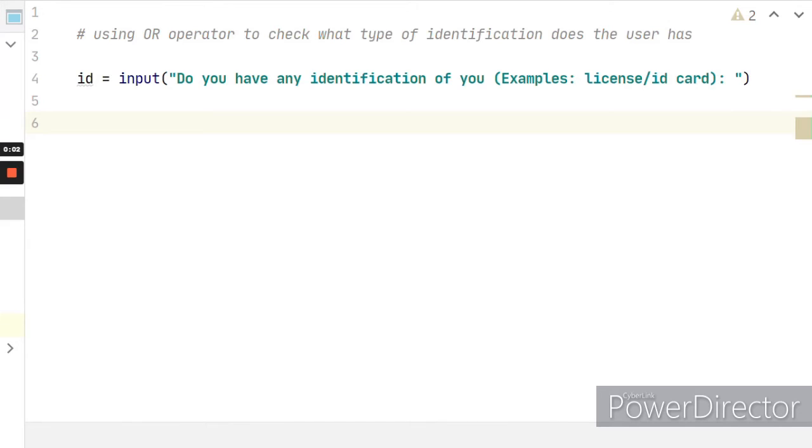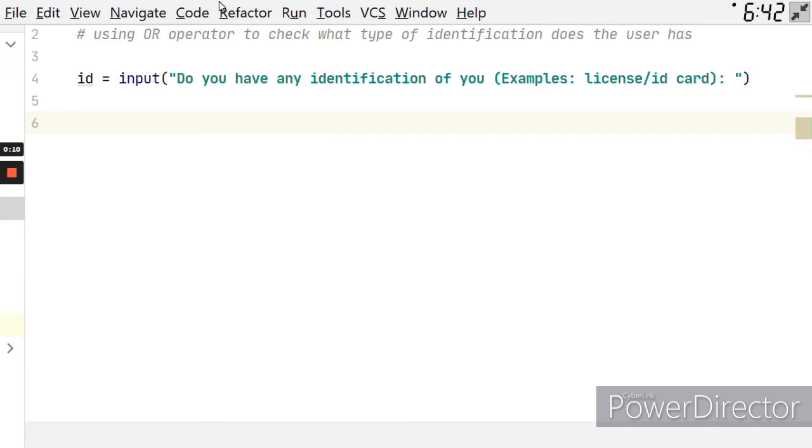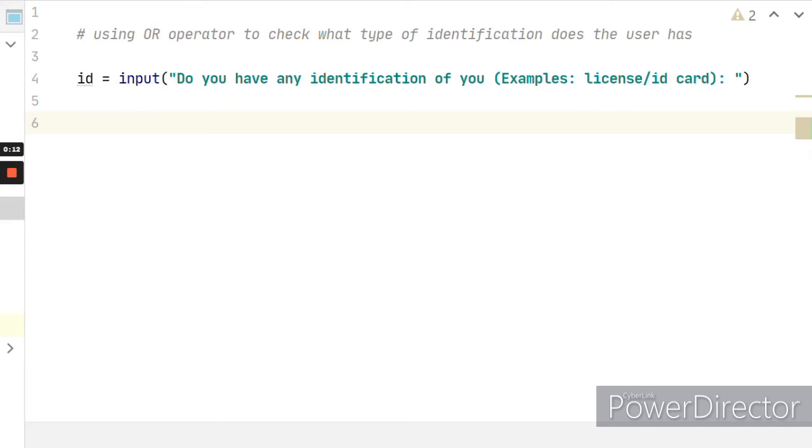Now I will show you how to use the OR operator to check what type of identification the user has. So first here I'm asking do you have any identification of you. I'm giving them examples like license or ID card. So here we're going to put a condition and check if ID equals, we'll say license, or just use the OR keyword like the AND keyword.